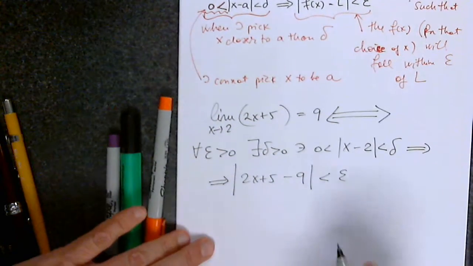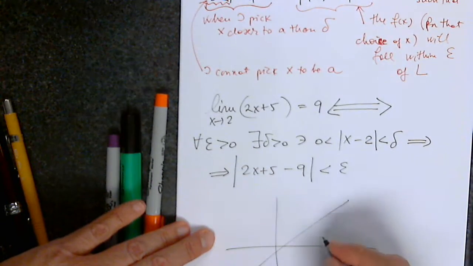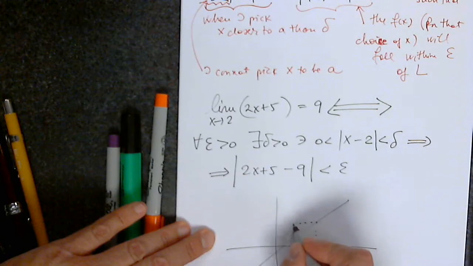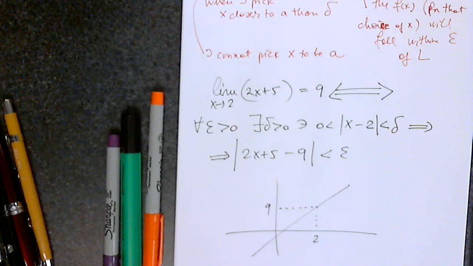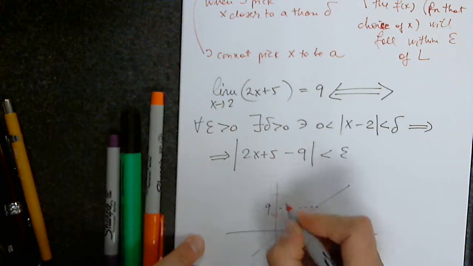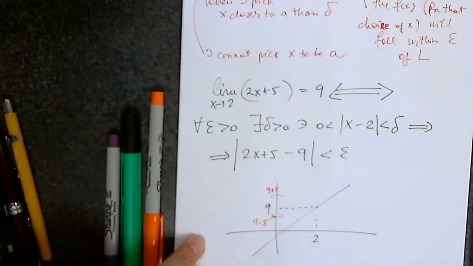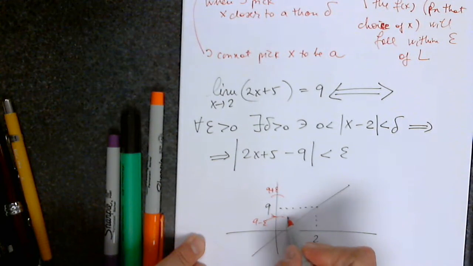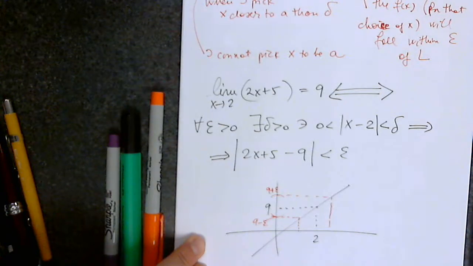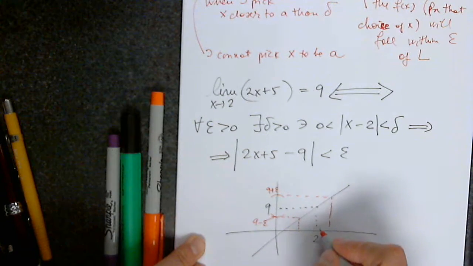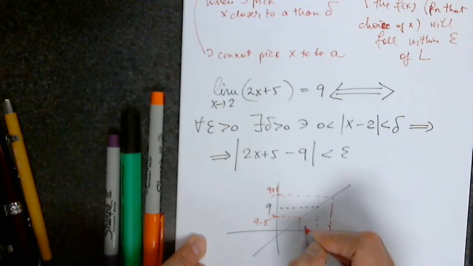So let's look at the mechanism one more time. So this is our function, let's say. And I'm going to say that this is 2, and I'm going to say that this is 9. So for every epsilon, this is 9 plus epsilon, this here is 9 minus epsilon. So for any epsilon, I will find a corresponding delta. So either this, since that is the smallest,